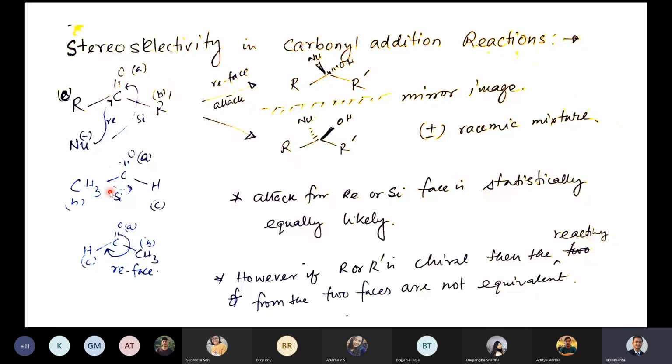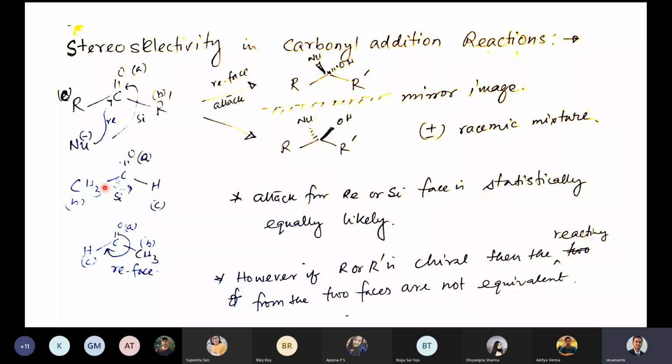Okay. Now, if you see from the other side, from the below side of this screen, then what you will see? You will see something like this molecule, where this CH3 will fall on the right hand side. If you see from the below, something like this. So in this case, A, this is B, this is C, and then it is rotating towards the clockwise direction, correct? So this face is then the Re face. Okay, so now you know what is Re face and what is Si face.